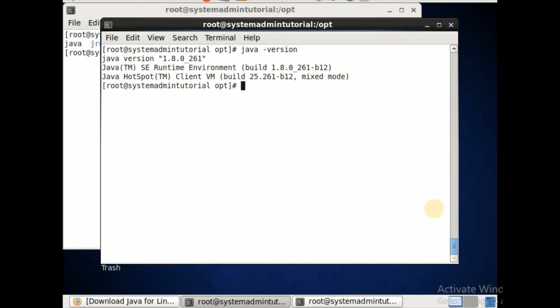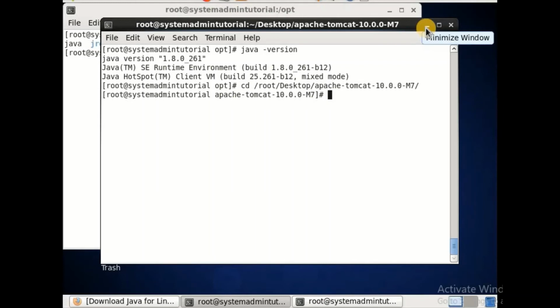So our Java is already set. Now we'll go to the directory root, Desktop, then Apache Tomcat. Then go into the bin folder.